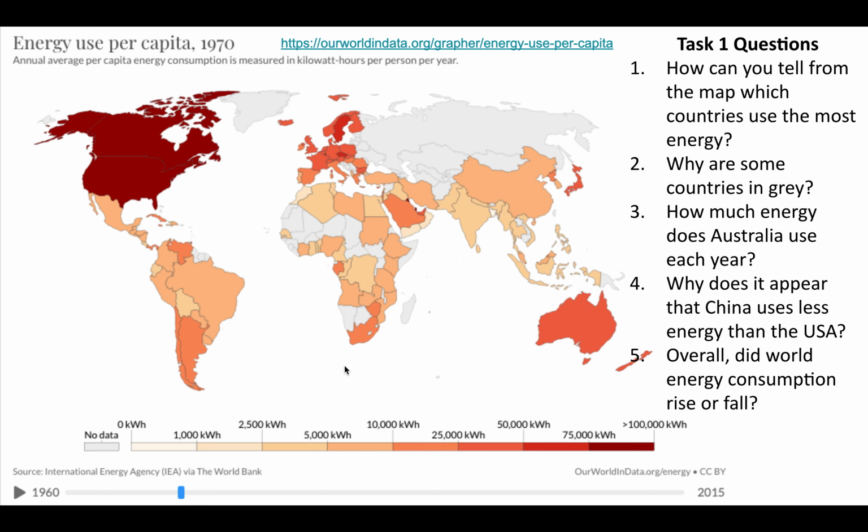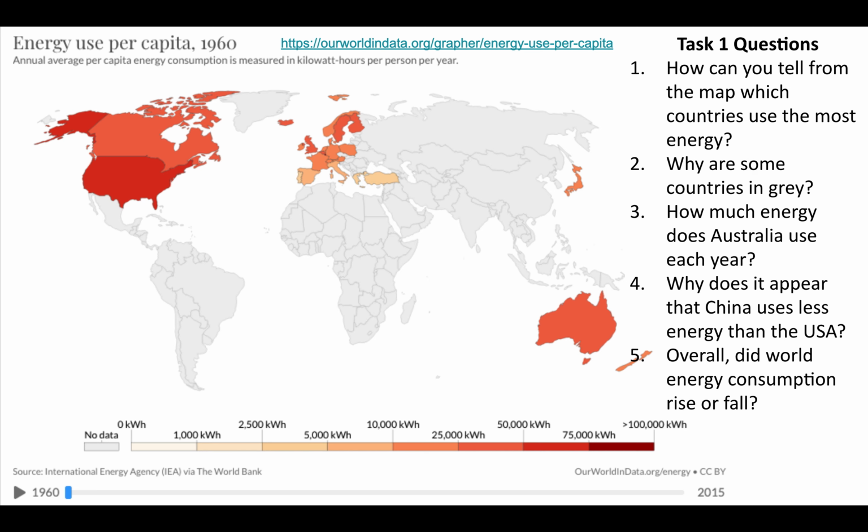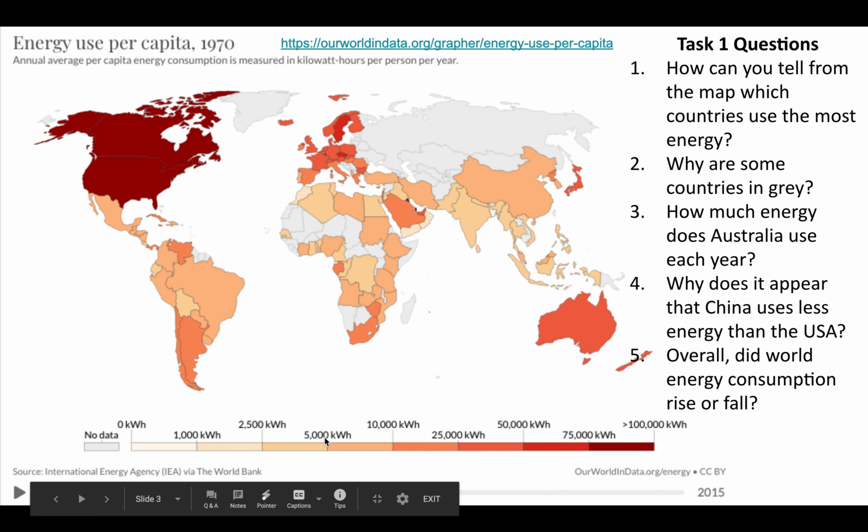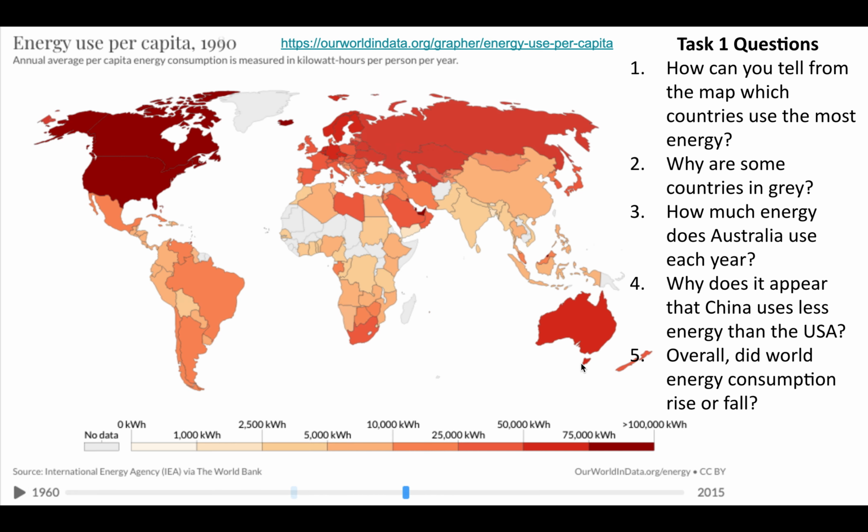So we'll keep going. What do you notice about countries? So firstly, what was the difference between here and here? What happened to most of the countries? Hopefully you noticed they actually got darker, which indicates that their energy use per capita is going up. 1980, 1990. So again, getting darker. 2000, 2010,